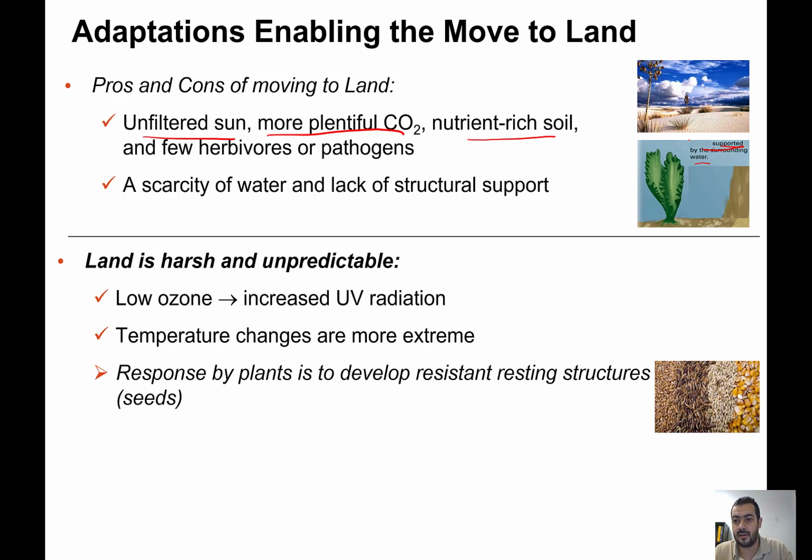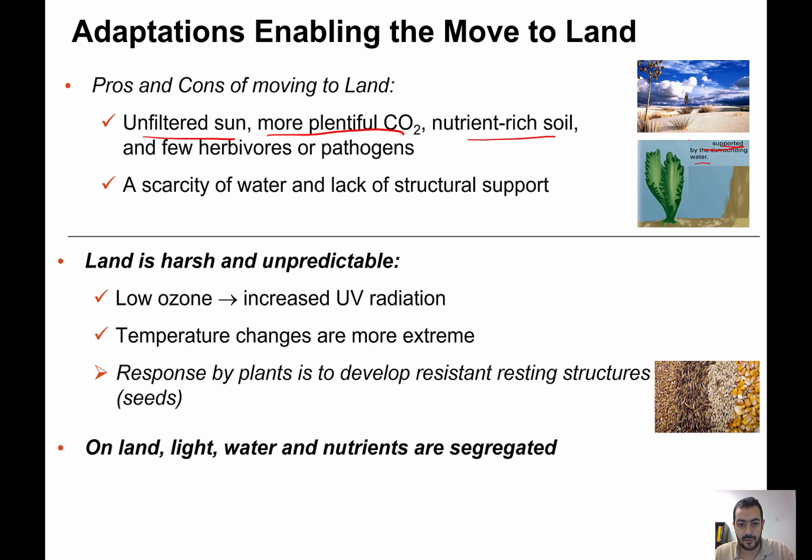The seed is containing the nutrients for the growth of the embryo. And the plant will say, okay, now the conditions are not favorable, let's put the embryo in this protective environment and structure, which is the seed, and let's hope that once the conditions are more suitable, the seed will grow and give a new plant, and so on. So this was the adaptation of the plant to the harsh and unpredictable